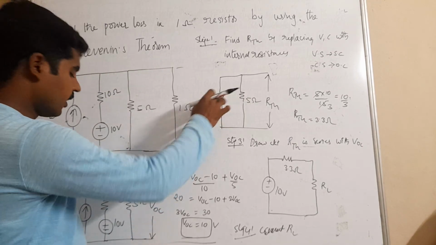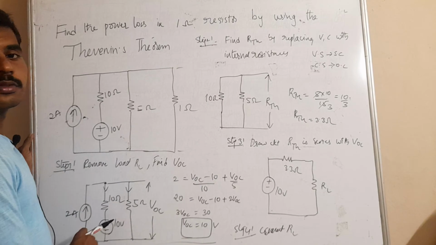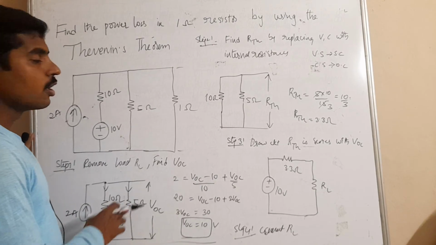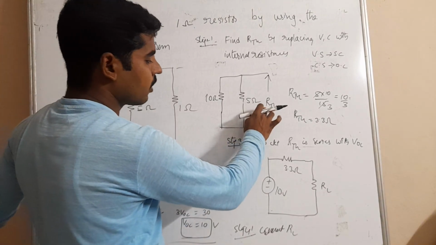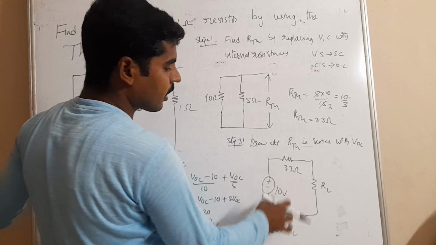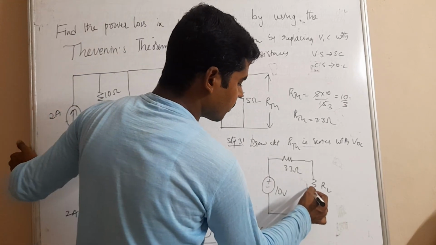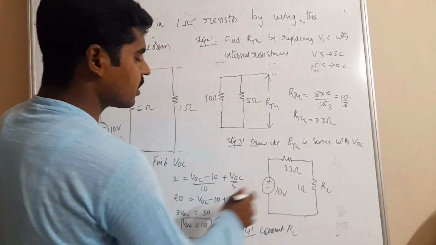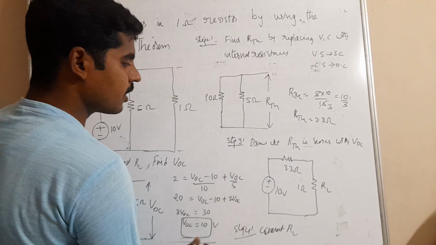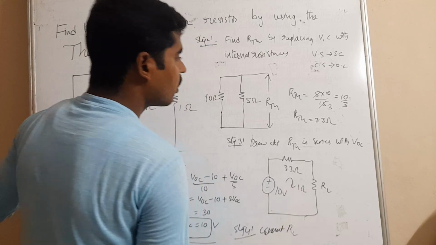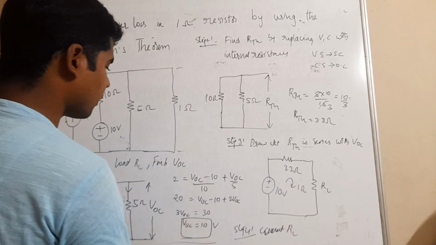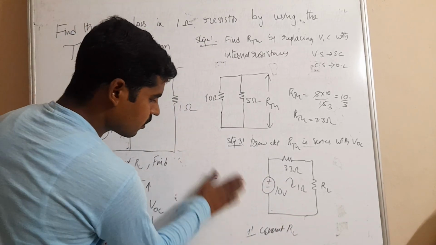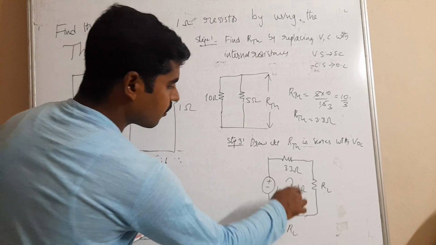After that, replace the voltage sources and current sources with the internal resistances. You can get the RTH value. Then we can draw the equivalent circuit diagram. So this is also equal to 1 ohm, right? So what is the current passing through this circuit diagram? Let us consider, I will rough this one. So what is the current? By using KVL,